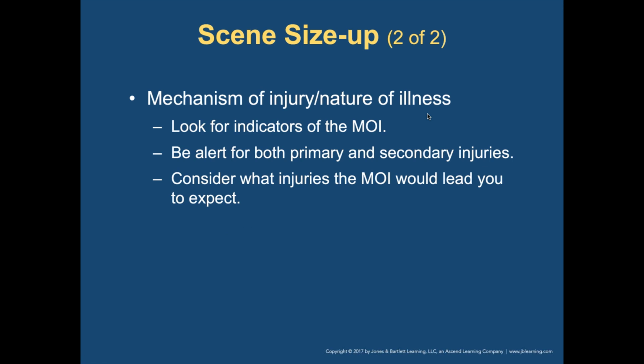Some more indicators for MOI. I want you to look for your primary and secondary injuries. Your secondary injuries are a result of what happened after the initial accident. Remember, you can have an explosion, which is primary. Secondary is from them being blown and hitting the concrete wall, where they got their TBI from. And tertiary is if something else happens that lands on them or impales them. Those are all considered tertiary.